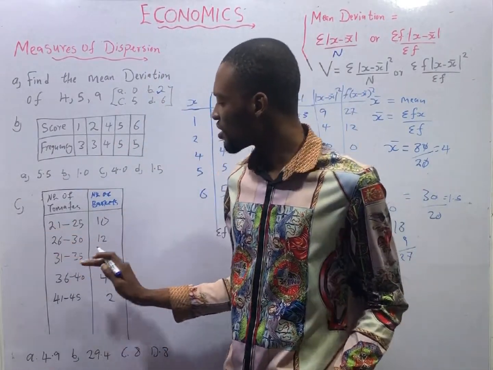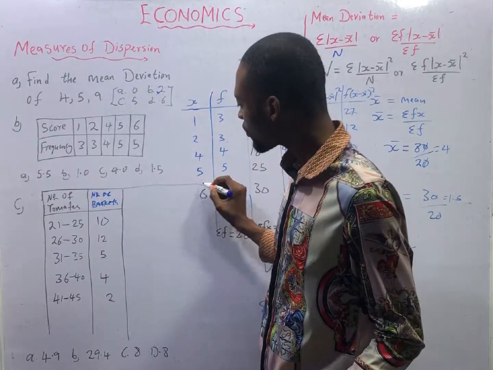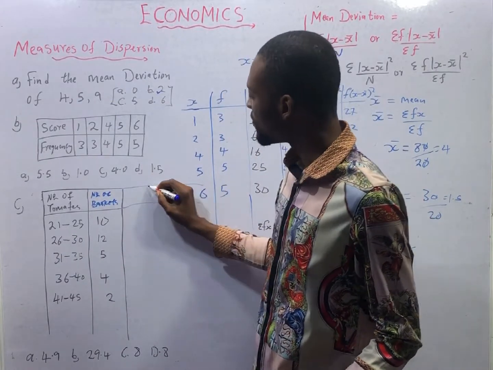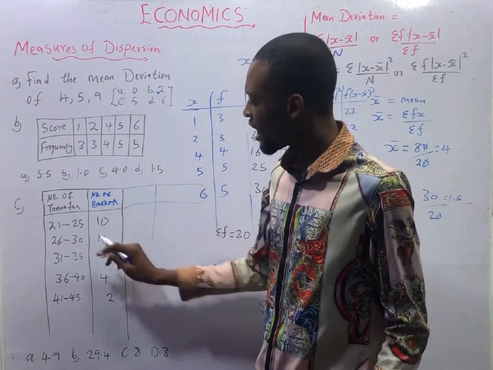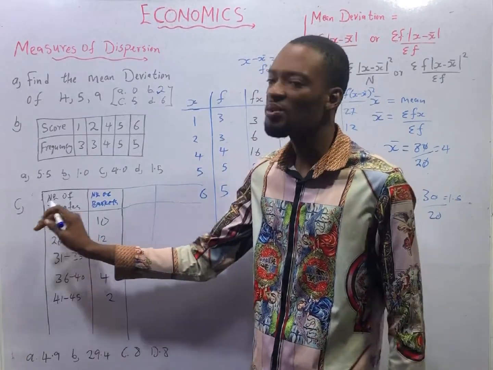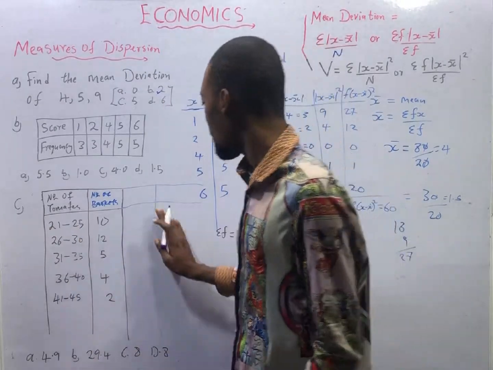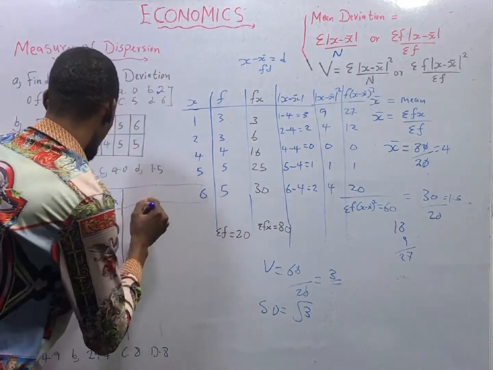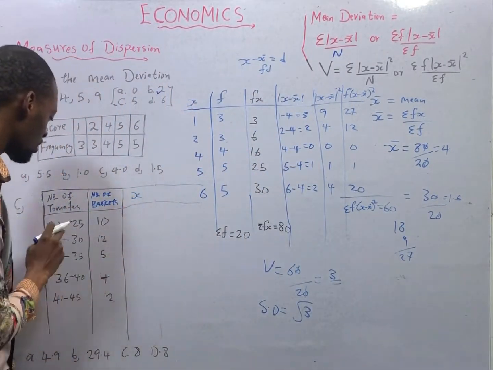For class boundaries, this is what you do. Anytime you are asked for mean deviation, variance, or standard deviation, and you are given this class interval, you look for S from here because we don't use this interval to solve. How do you get your S? Your S becomes, this is S, 21